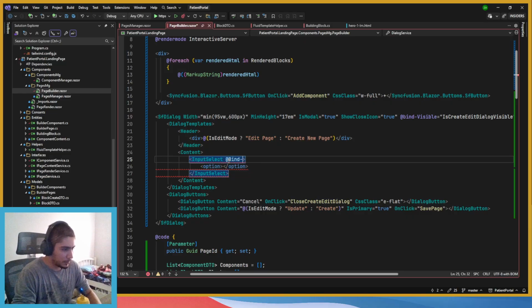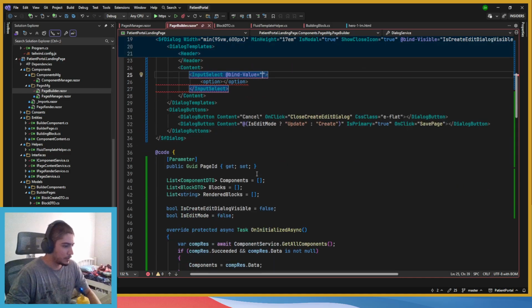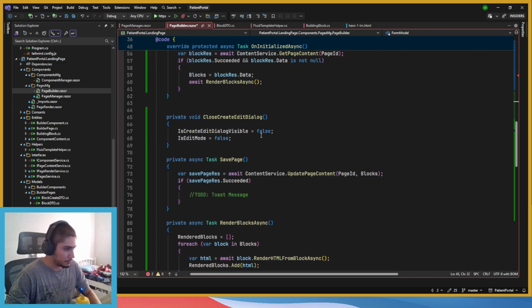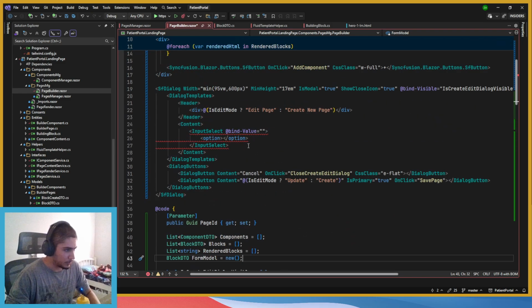Okay, we'll do bind value. Obviously, we need an entity here, so we're gonna do block. No, not block here. It's block DTO for model new, always new. We're gonna handle it later.